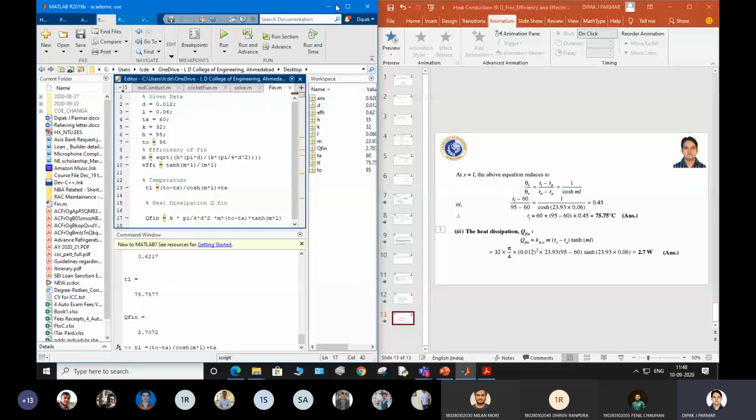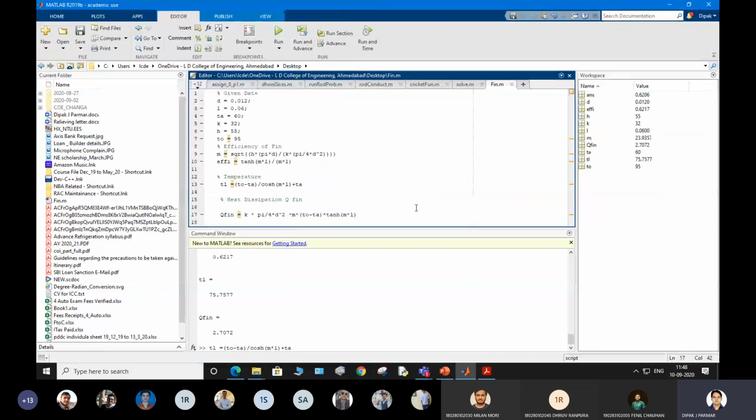So what we have done is we have solved the same problem, we have taken the same variable values and calculated them in a tool called MATLAB. Now I want to check, if the conductivity of the material changes from 32 to some different value, what will be the answer? So just to check, suppose my conductivity of material is higher, not 32 but suppose 100, and if we calculate this, now you can check here.